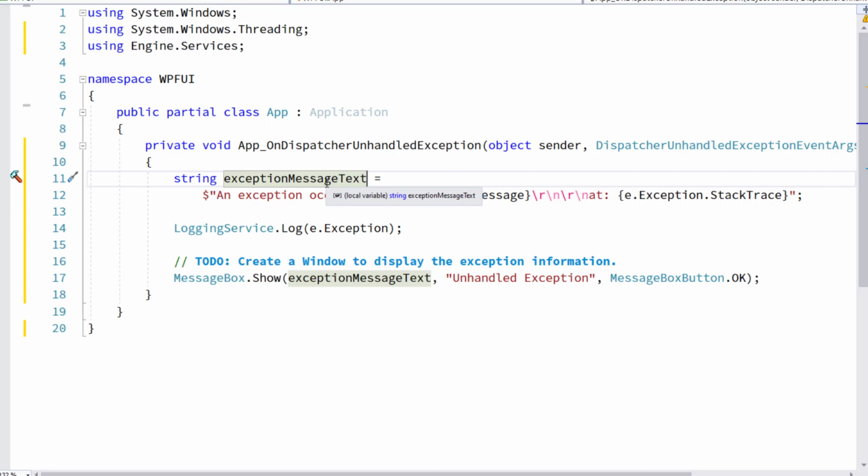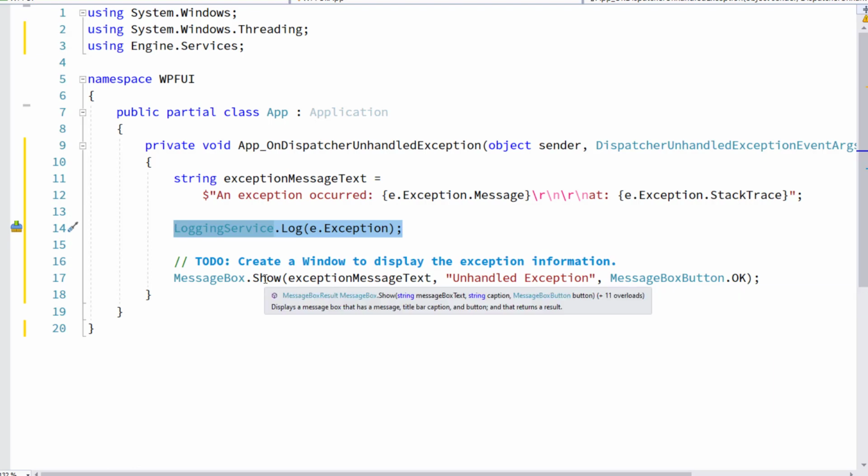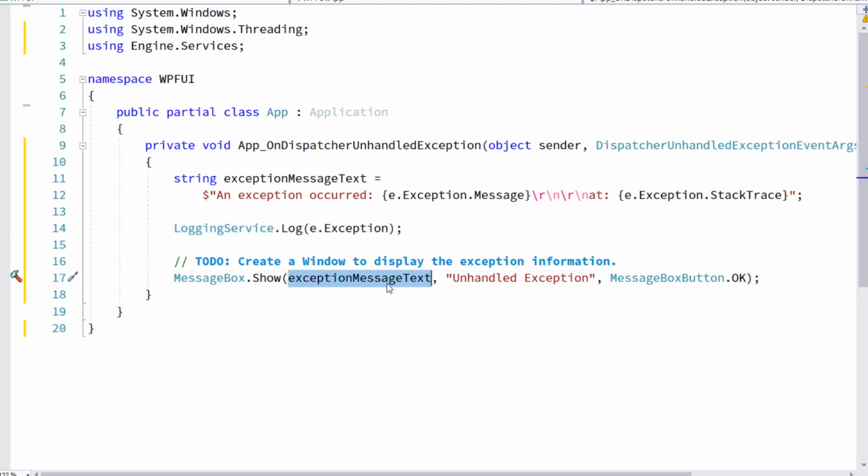We build some exception message text where we say the exception occurred, the message, a couple of carriage return line feeds, and then the stack trace information. Then we call the new logging service log function that's going to log the exception to disk. And then we do a message box show that shows this text we just created so the user can see